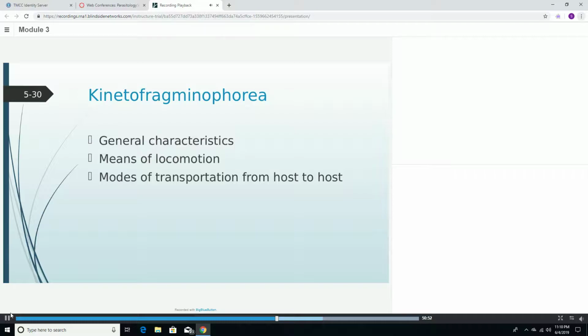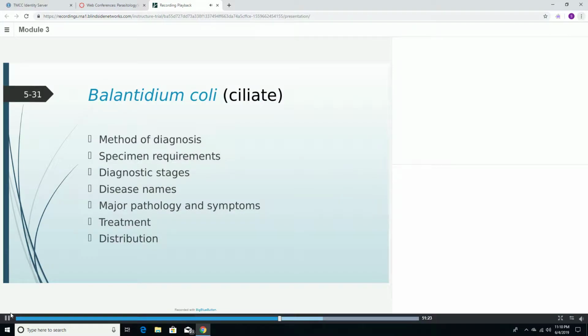The next class we're going to discuss is the Kinetofragminophora class. The phylum we're going to discuss is Ciliophora. Balantidium coli is the largest parasitic protozoan that we're going to see in this class. This parasite is a tissue invader and produces intestinal lesions along the submucosa. There are also reports of vaginal infections with this organism, and this can be acquired through fecal contamination of the vaginal atrium. So whenever we look for Balantidium coli, a ciliate form, we're going to look for trophozoites or cysts in